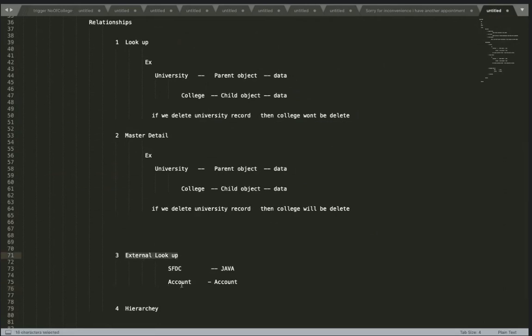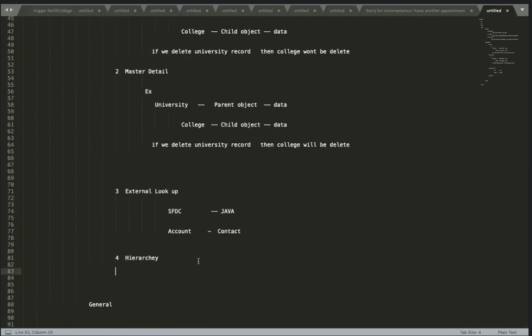Let me tell you a little better. Account is available on Salesforce. Contact is available on Java, and this Java requires an account object. So you are going to get a reference from the other system. So at that time you use the external lookup relationship.